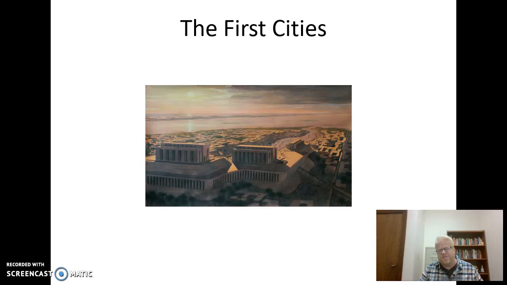The first cities involve another change in ancient religious practices. Basically, as your society changes, your gods change. So the gods of hunter-gatherers make a lot of sense for hunter-gatherers. They have a lot to do with where to find the animals, where to hunt, what happens to dead people, and so on, and the powers behind natural forces.